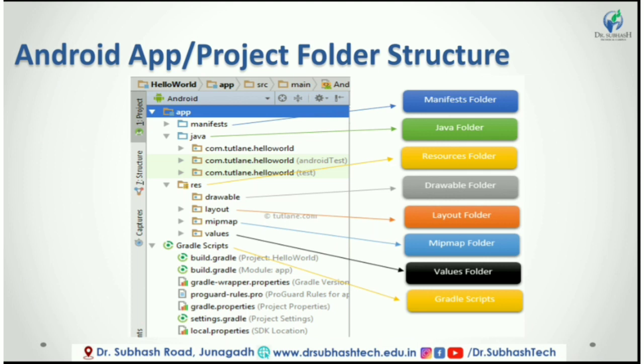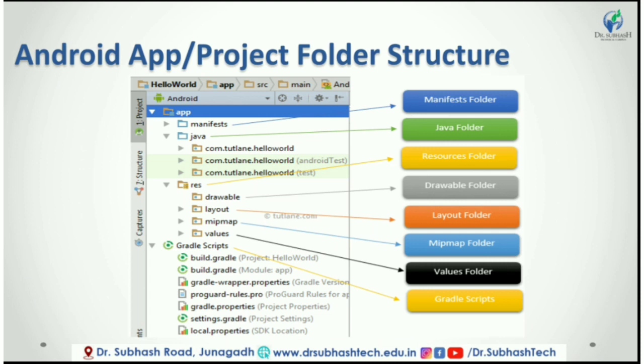The Android project structure on the disk might differ from the above representation. To see the actual file structure of the project, select Project from the drop-down instead of Android. The Android app project will contain different types of app modules, source code files and resource files. We will explore all the folders and files in the Android app.